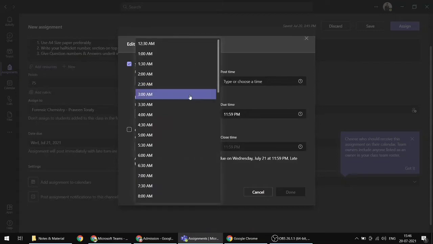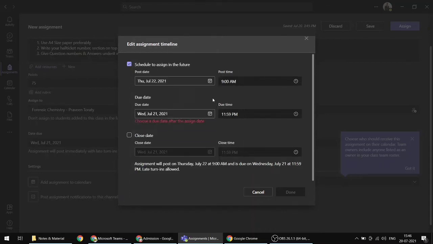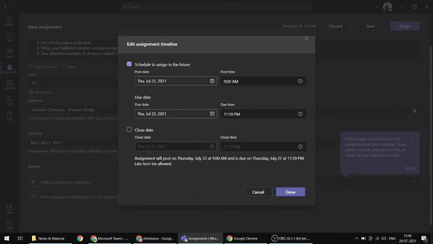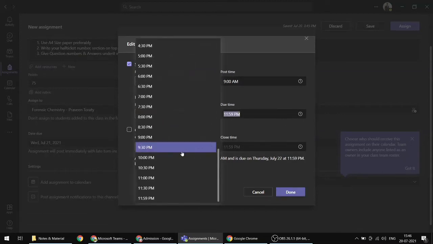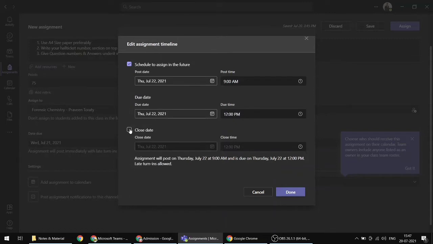So it is morning 9 o'clock. Due date, you have to select 22 again, and the time by which they have to submit the paper, 12 p.m. Close date, you have to select the close date also, because we should not give our students more than the time.